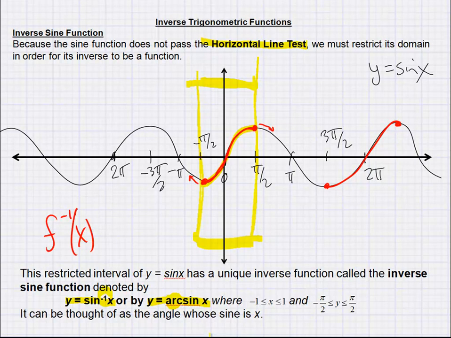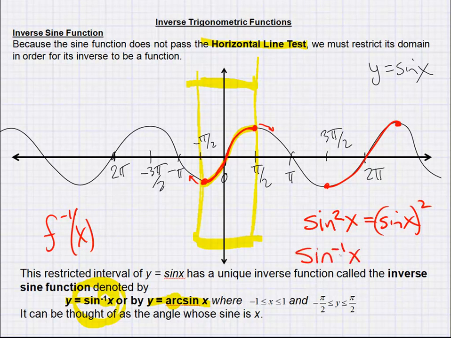Each notation is used commonly. You should be familiar with both. This notation here has some issues. The issue is that if I wanted to square the sine function, I would write it like this. Right, that's the same thing as the sine of x all squared, and we've talked about that. So if I do this,